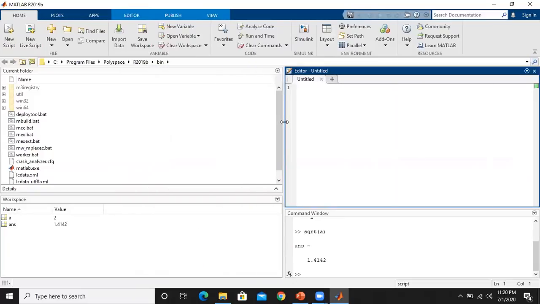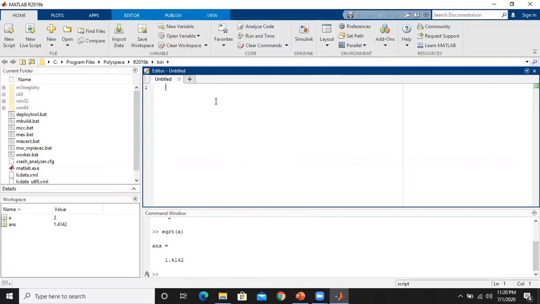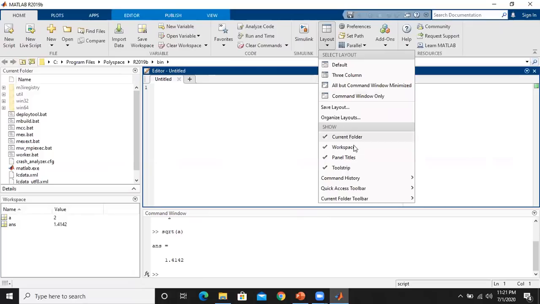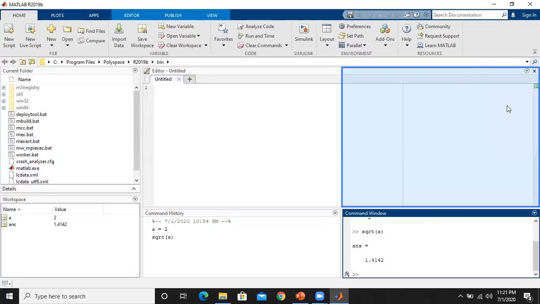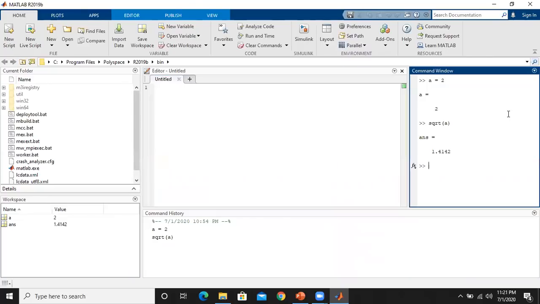The beauty of this desktop screen of the MATLAB is that you can resize any window like this. You can resize the windows, and here you can see the editor and the command window and workspace, and you have not that command history. So go for docking. So when I go for that, then I got the command history window here. Now I can take this command window and I can also place here.